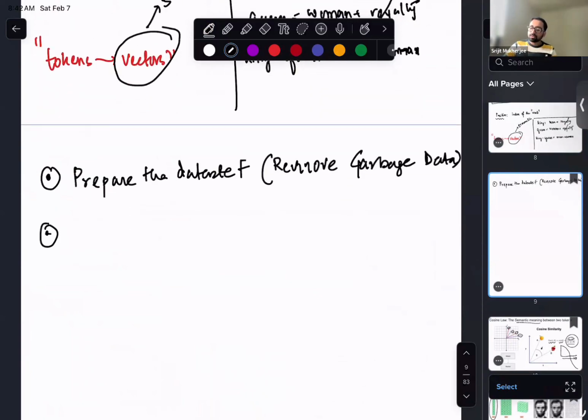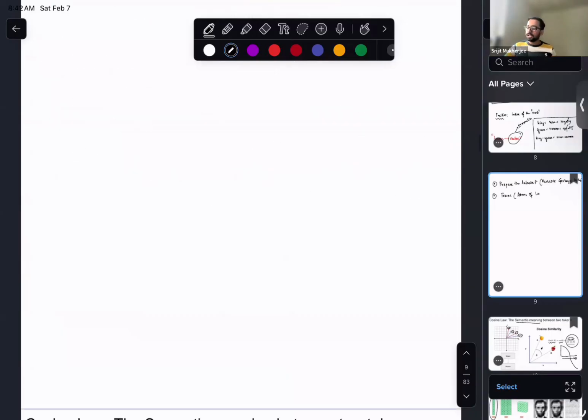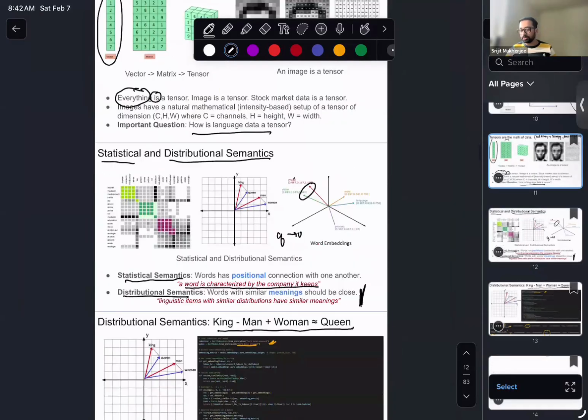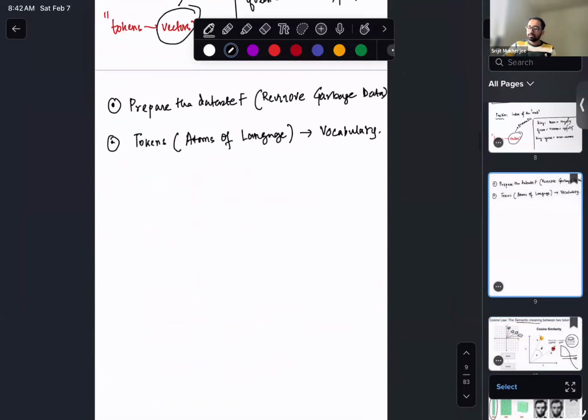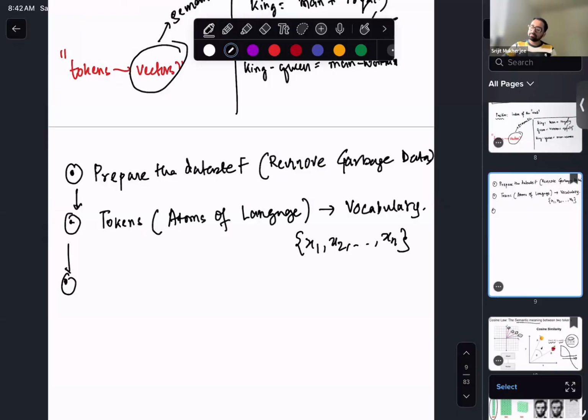The second step is we should divide the data set into tokens. When I say tokens, I mean the atoms of the language, the vocabulary. So this becomes a vocabulary. And we will see in the language model next where this stands and why it's important. So this is x1, x2, up to xn. This is pre-processing. So this is step 2. Step 3 is